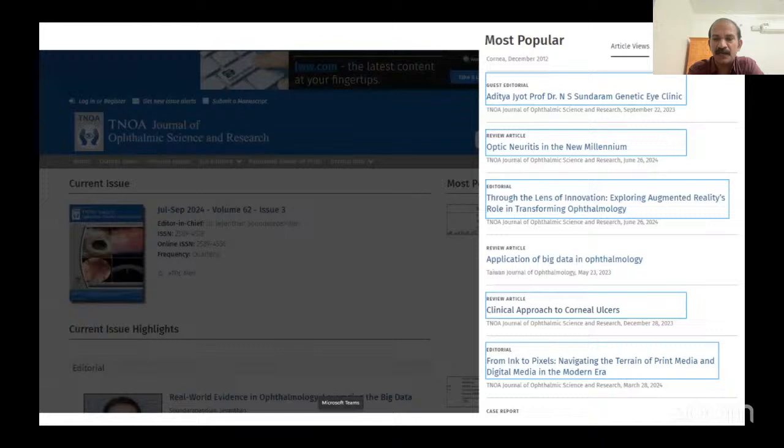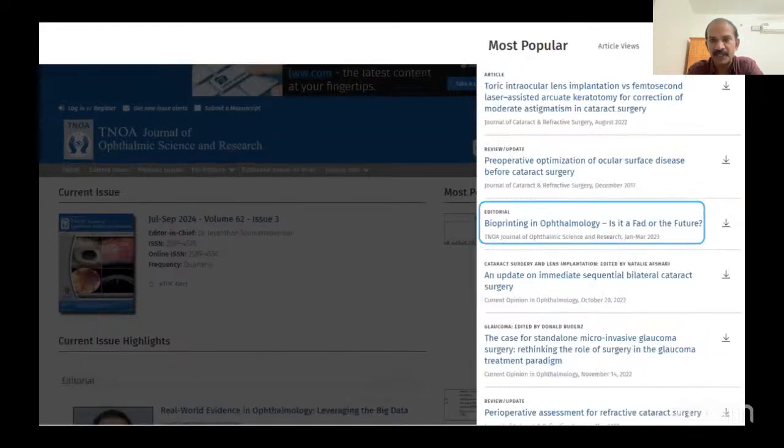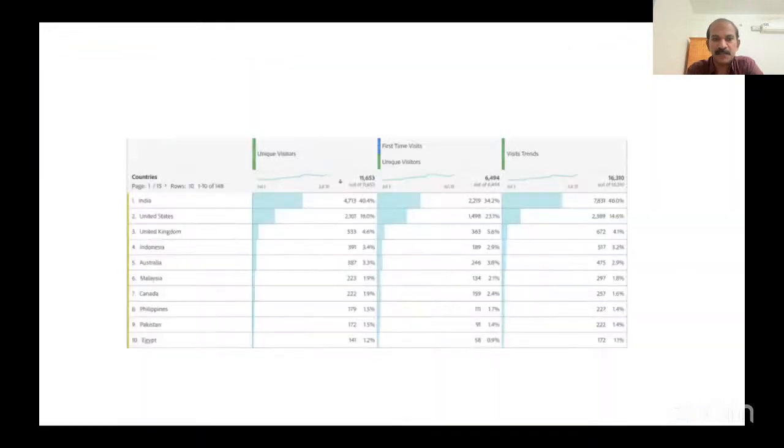You can see Lippincott has more than 200 journals associated with it. Among them, there are more than 2 dozen journals in ophthalmology itself. Among those, our journal's articles stay the most grossed ones. These are some of the articles. The next one is the article which has been downloaded most frequently among all the ophthalmology journals. This is proof that the readership of our journal has increased across borders.